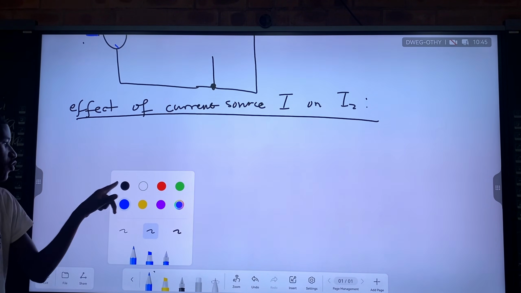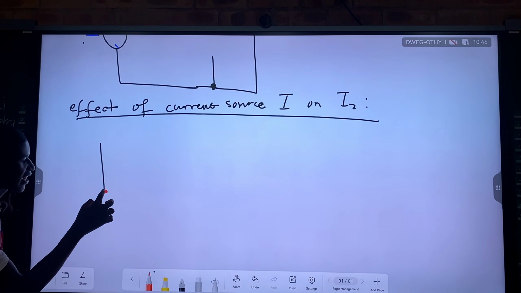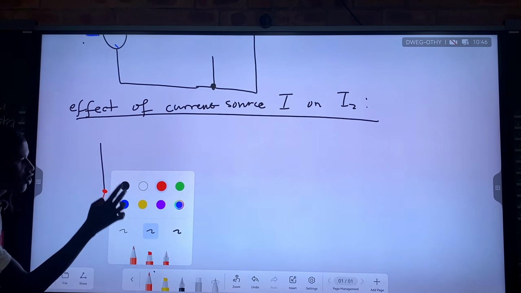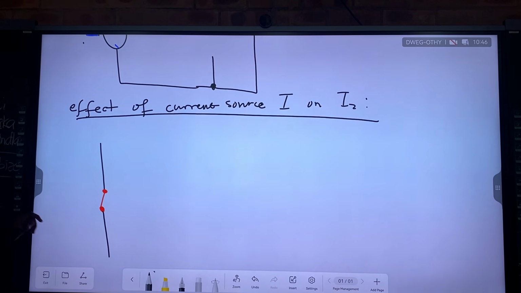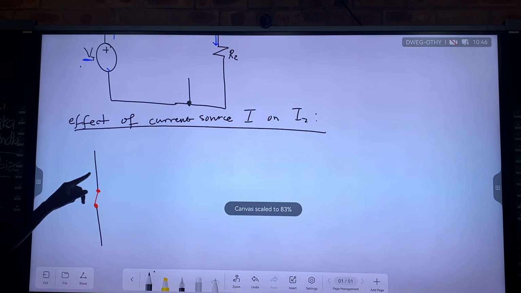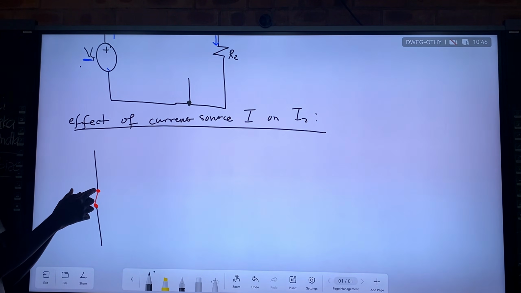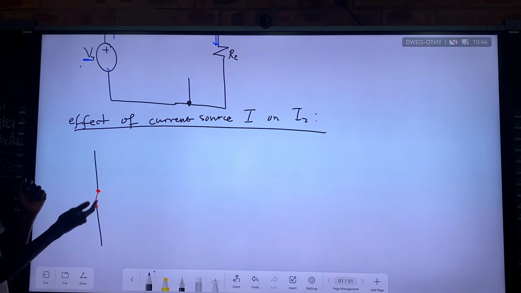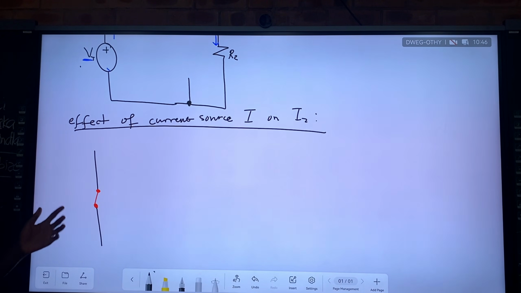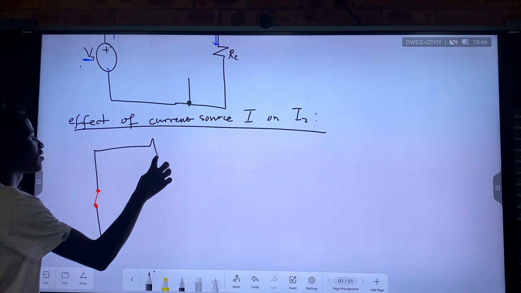Alright, so to be able to do that, we are going to short circuit our circuit. We are going to short circuit our circuit, meaning that we are just going to pretend that where the voltage source was, we only have a wire with nothing. So there is no voltage gain, there is no voltage loss, there is no potential difference. The potential here is 35 and here about 35. So the difference between 35 and 35 is what? Is 0. So there is no potential difference. So we have cut out the effect of the voltage source.